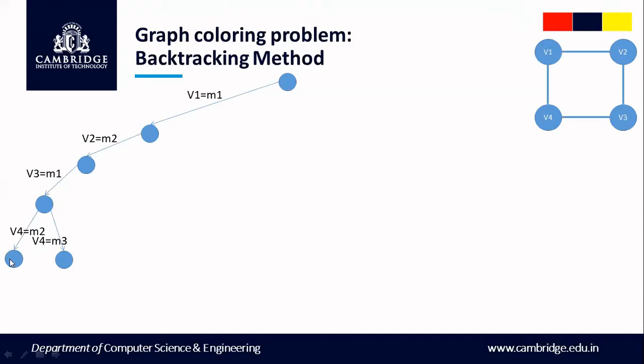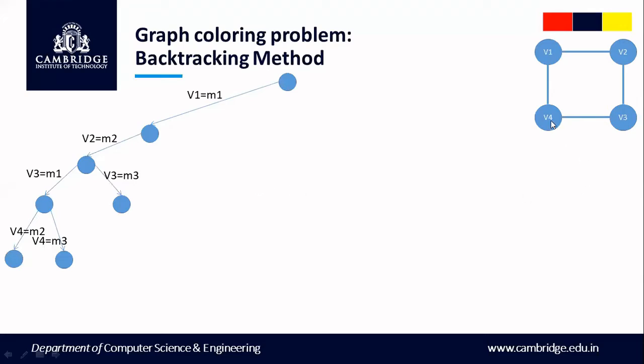Fine. So when we have completed, we backtrack and check for any other options available. So here, after assigning V4 with M3, is there any other option for V4? No, sir. No, we backtrack. So we'll try to change the coloring of V3. Do we have any other option apart from M1? Yes, sir. M3. We can try for M3. Right? So now this is the state where we have assigned V1 with M1, V2 with M2, and V3 with M3.